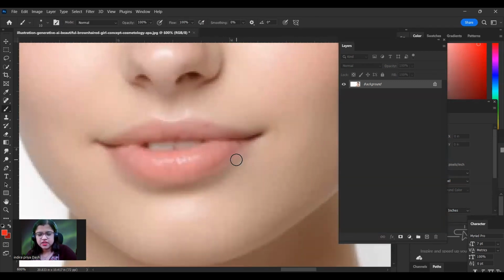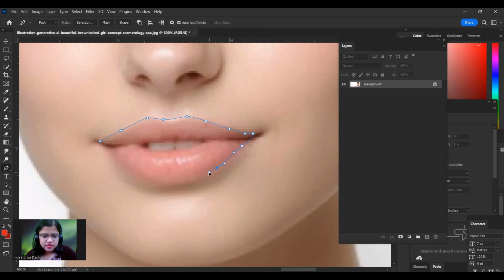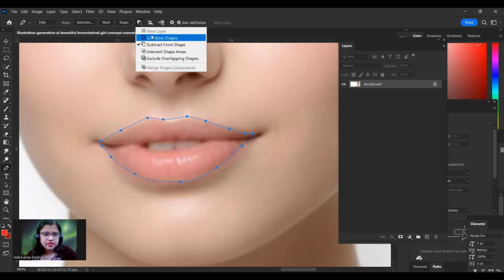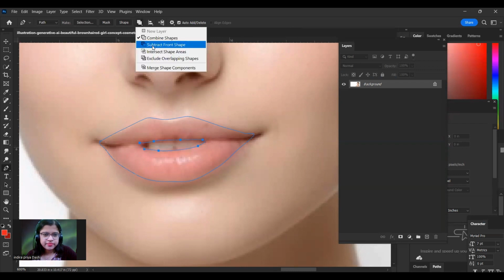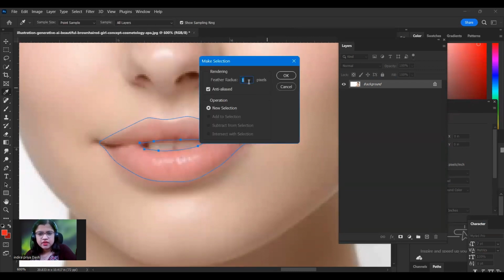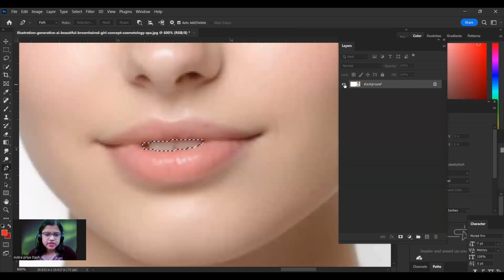And again if I select perfectly, so again I am just selecting this one. So guys, you can use your favorite selection tool, quick selection or magic wand, but I am preferring this pen tool. And I don't need this part, so after selecting I can give subtract, and I will give 1 pixel feather, then control enter,